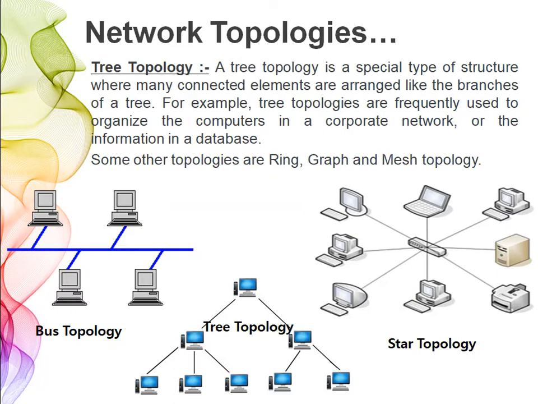So you can see these diagrams to have an idea of how these topologies are done. In bus topology, there is a central cable that is called the backbone, and all the computers are connected to this central cable. In star topology, you have a central device, it can be a switch, and all the devices are connected to it. That's why it is called a star network. And in tree topology, the arrangement is like root and branches and then sub branches. Clear? Okay.